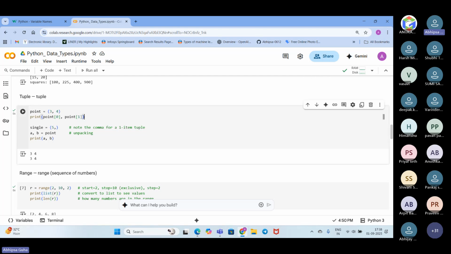And this part, what we are doing is accessing the values by index. Point is the variable where we have stored this tuple. The zeroth index is 3 and the first index is 4. So I want to print it, and in the output we got this print.